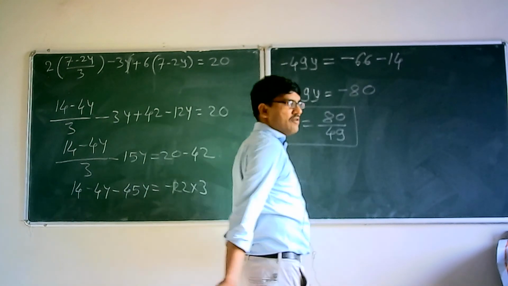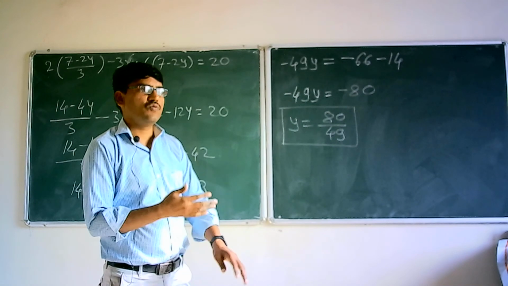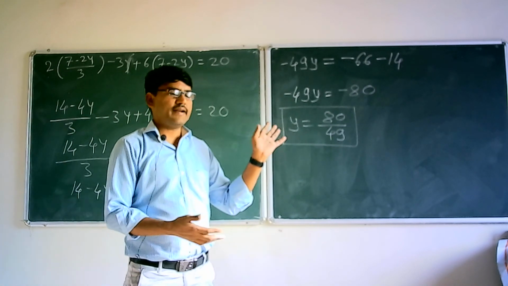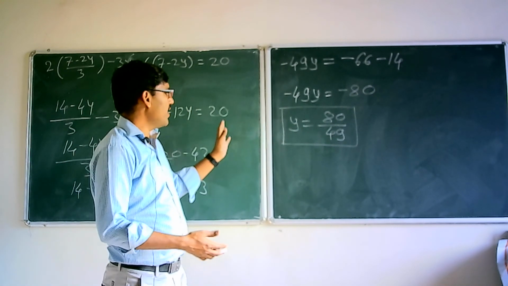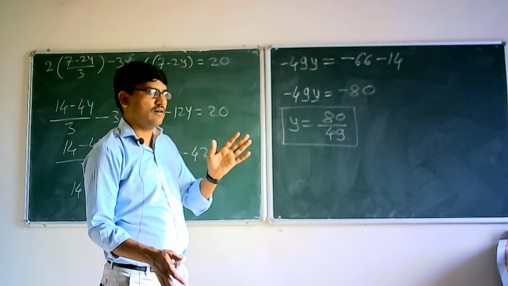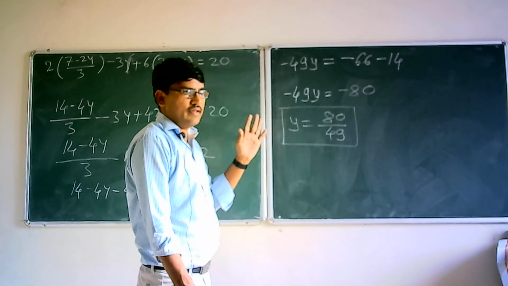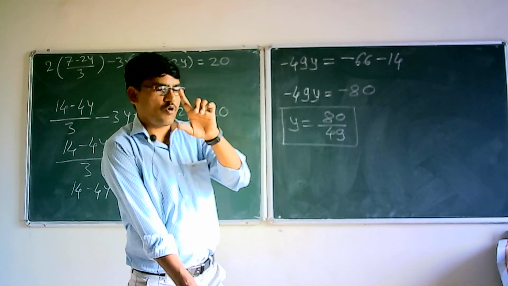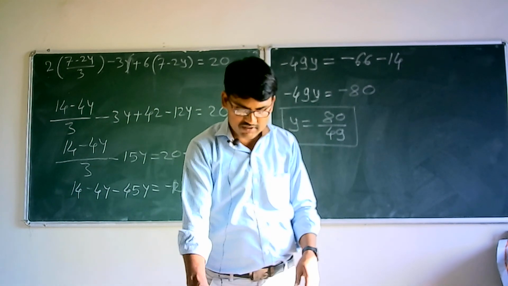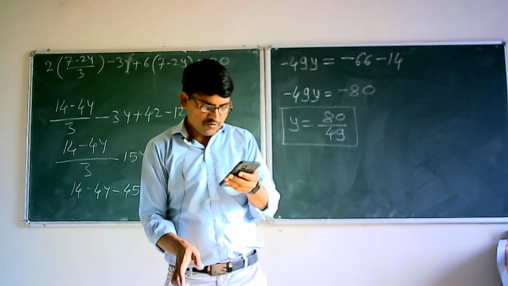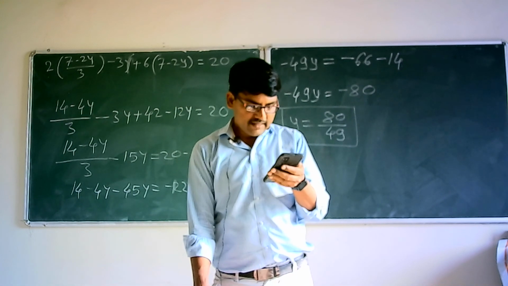Then by using the relation between x and z in terms of y, find the values of x, y and z, and put those values of x, y and z in our square root distance formula. You will get the minimum distance from that point to the plane. So here we are going to